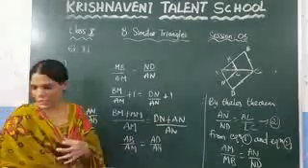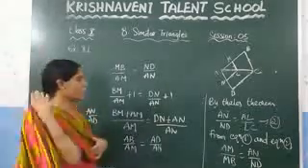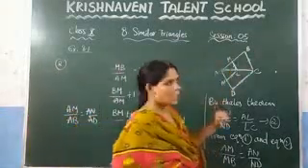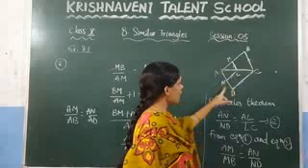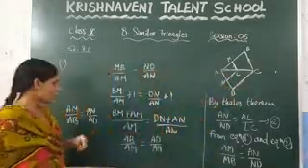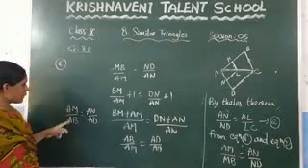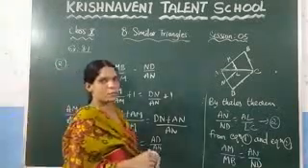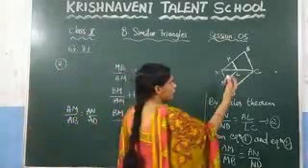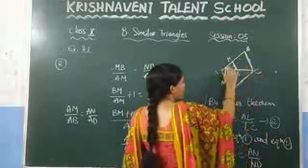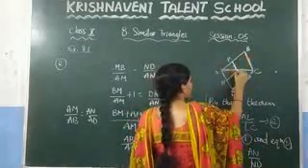So here again I am explaining this question. What they have given in the question is LM is parallel to BC, and similarly they have given LN is parallel to DC. Based on this, you need to prove AM by AB is equal to AN by AD. So we are applying the basic proportionality theorem. By that theorem, since these two lines are parallel, you can write AM by MB is equal to AL by LC.